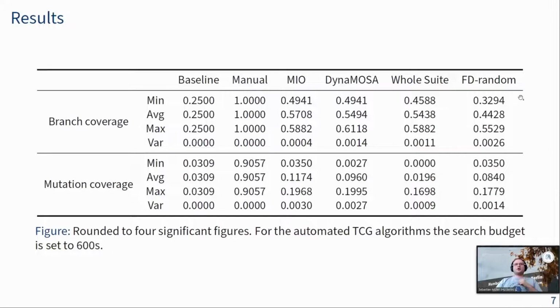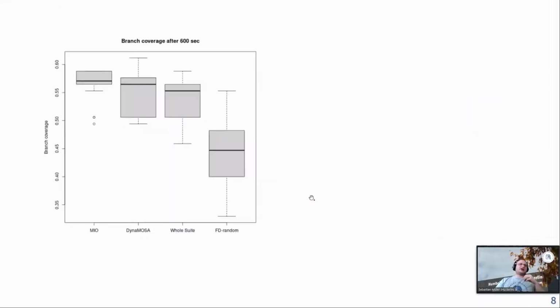For the 4 state-of-the-art automated test case generation algorithms we looked at, we will now look at this information presented in the form of a box and whisker plot. Now, let us start with the branch coverage. We see that MIO actually fared the best in all of our runs. We ran each of the algorithms for 600 seconds, and we ran it 30 different times to see how